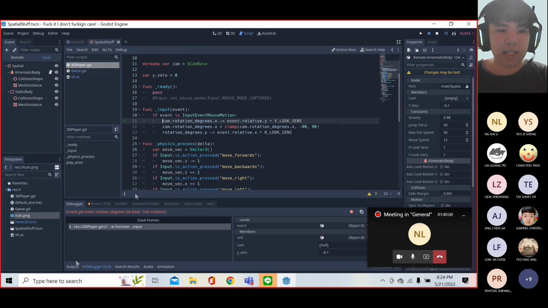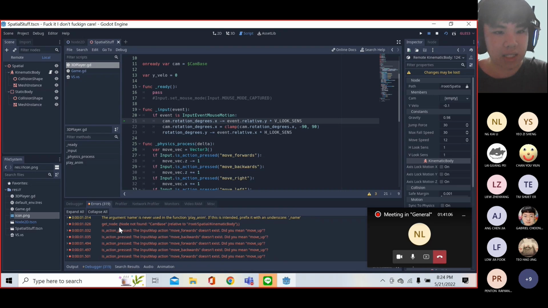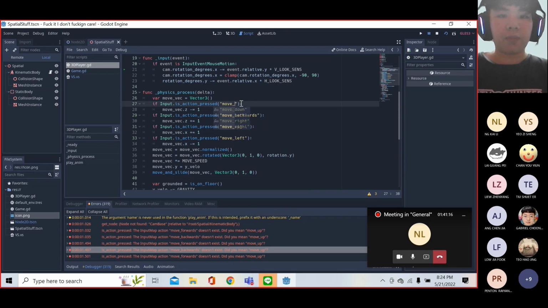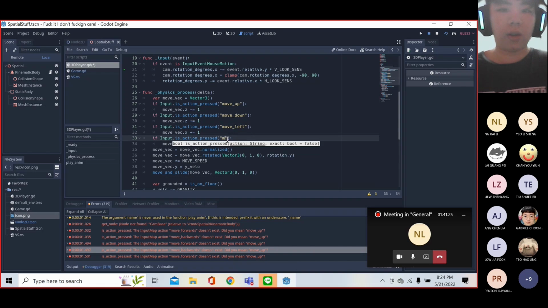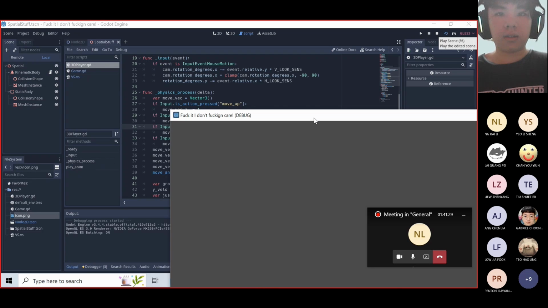And if you see, these are the debuggers, and if there's an error, it's immediately gonna call out what the errors are, like this: get_node not found, CamBase relative to root spatial. KinematicBody is action move_forwards, move_backward is not available. So we can just change this to move up and move down, move left, and move. Oh wait, no, this one's already perfect. Fine. And then when you try this out,